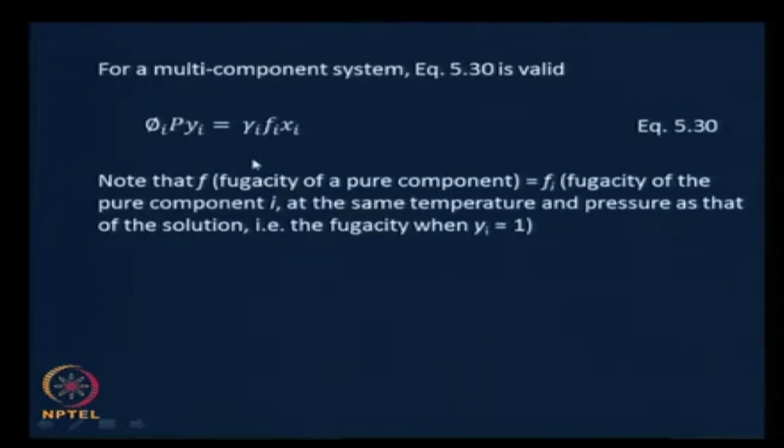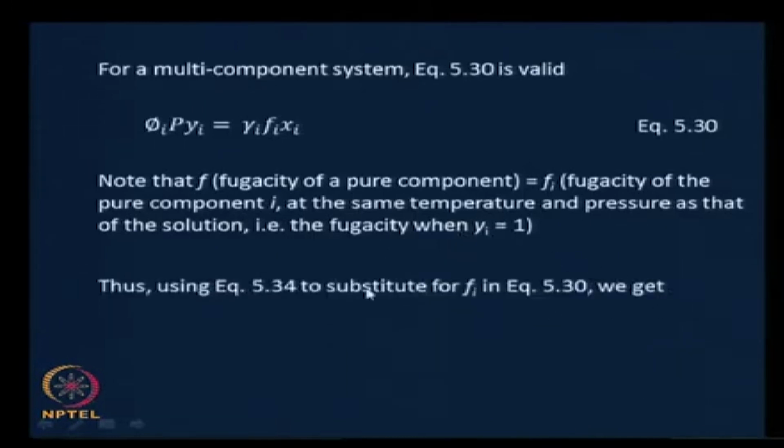Note that the fugacity F of a pure component equals F I, the fugacity of the pure component I at the same temperature and pressure as that of the solution, that is the fugacity when the mole fraction equals 1. Therefore, using equation 534 to substitute for F I in 530, we get